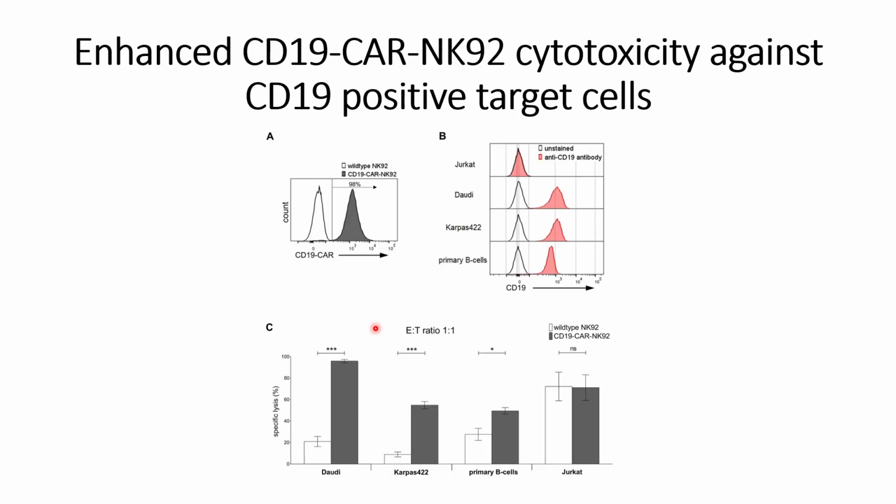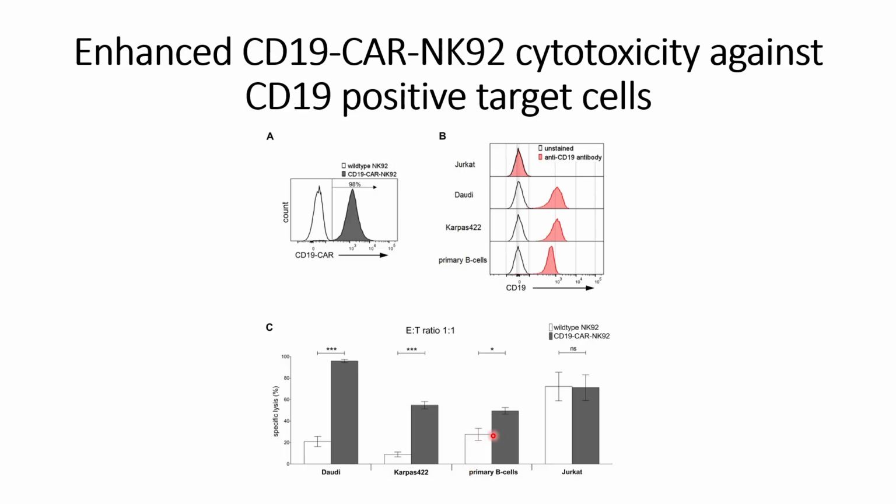And then after co-culturing them for 4 hours, they checked the target cell death or target cell lysis and compared it between the wild type NK92 co-culture and the CD19 CAR-NK92 co-culture, and they were able to see that for target cells that have CD19 positive expression, the cell lysis is increased when they are co-cultured with CD19 CAR-NK92 cells. That can be seen from Daudi cells, increased from 26 to around 90%, and for Karpas 422 cells, increased from 10% to 50%. Primary B cells have also increased from